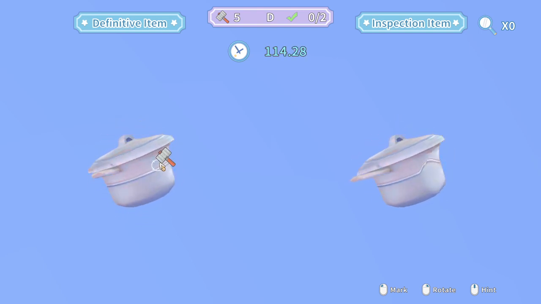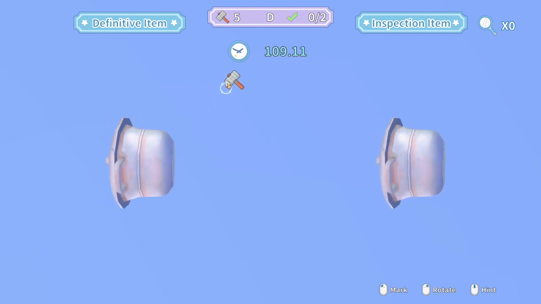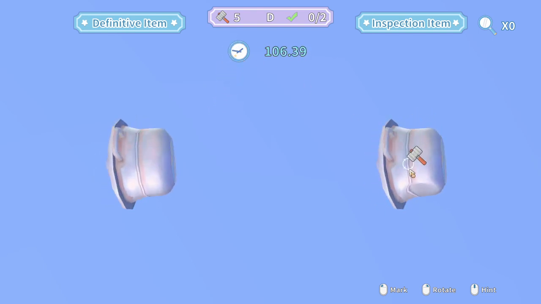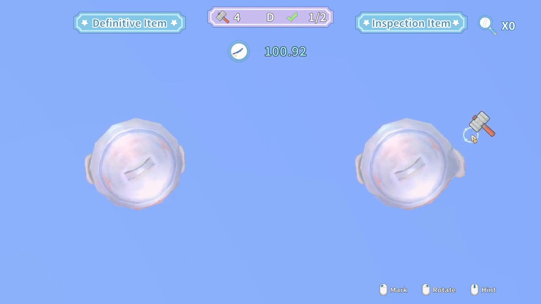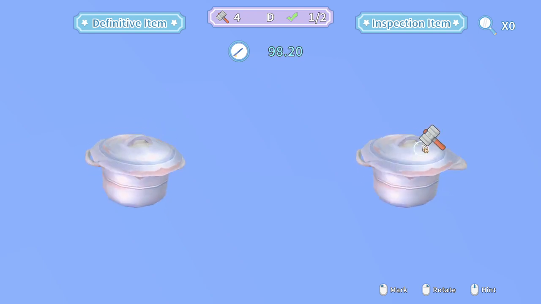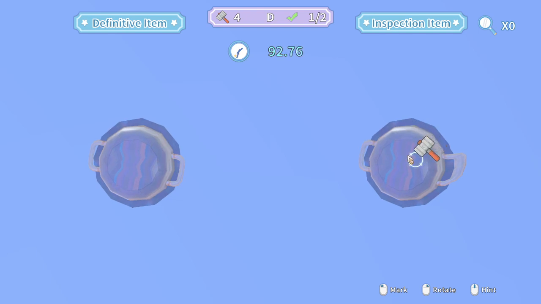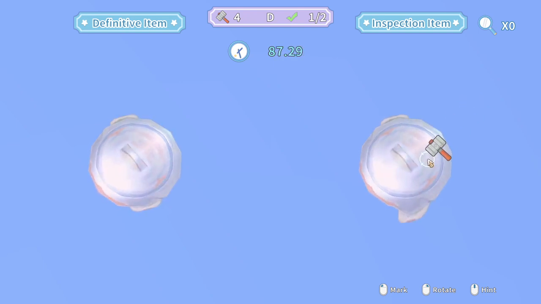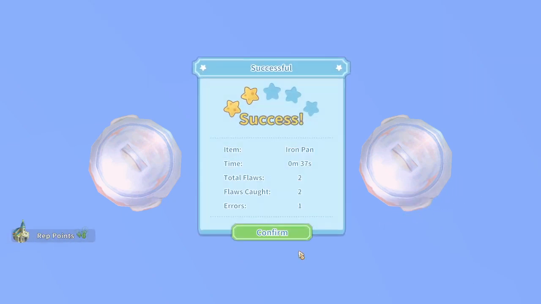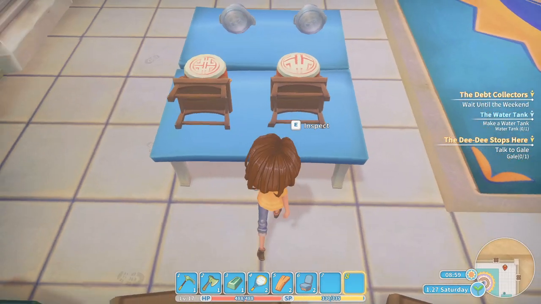Okay. What feels like a flaw? Well, there's a dent over here. Nothing else seems like a flaw. Maybe this thing over here? Alright, so...